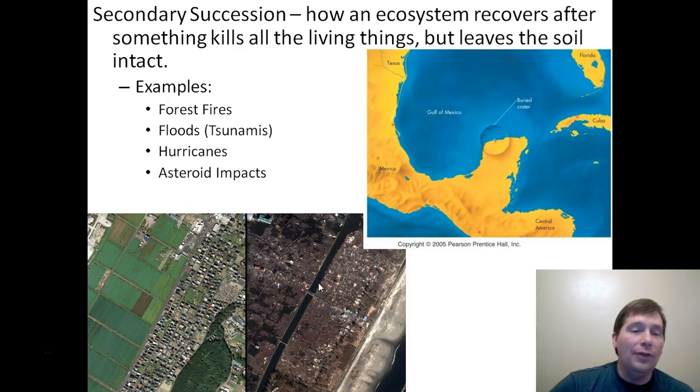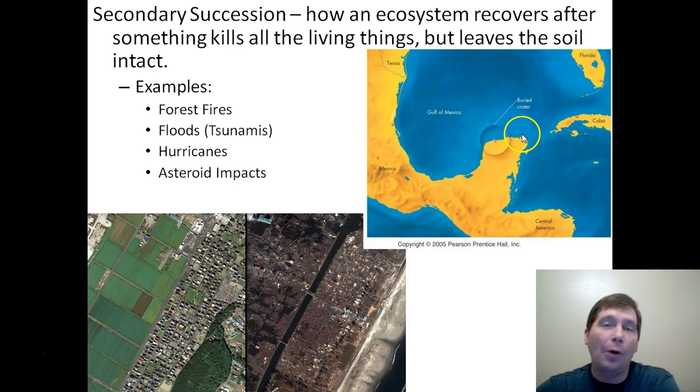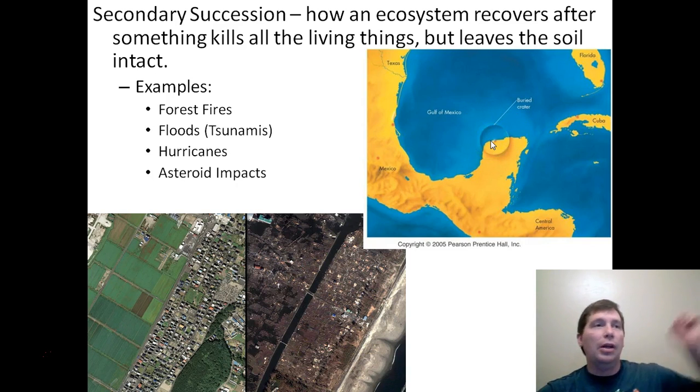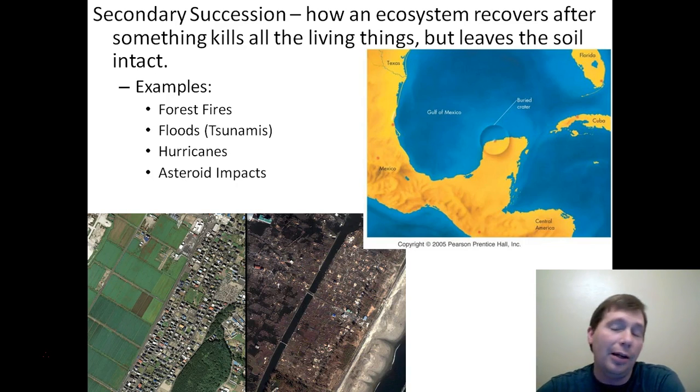Another example of secondary succession would be an asteroid impact. The dinosaurs went extinct 66 million years ago when a 6-mile wide rock hit the Earth. Picture a rock that stretches from Logan to Smithfield. This rock hit the Earth with more power than all the nuclear weapons man has ever made at the same time, and it hit the Earth here off the Yucatan Peninsula in Mexico. It made a crater that is 110 miles wide and 20 miles deep. Huge thing. Well, this is what killed off the dinosaurs. It killed off the dinosaurs by putting so much dust in the air that it blocked the sun, and most of the plants died, and the dinosaurs starved to death.